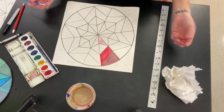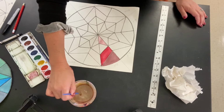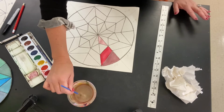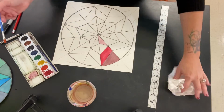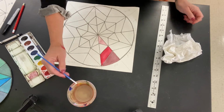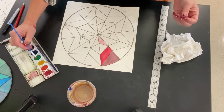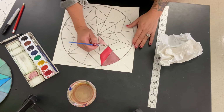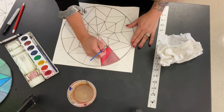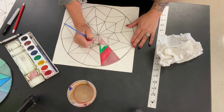Which you might want. When we do our next painting, you're going to do a tropical birds painting, and you can use red and green to get brown, different browns. So it's nice to know that, but when you mix them together and you don't want them to mix together, it kind of gives you that muddy brown color. But when you put them next to each other, they complement each other, hence the name complementary colors, and they kind of make the other one pop out. So you're going to go ahead and paint in the complement color